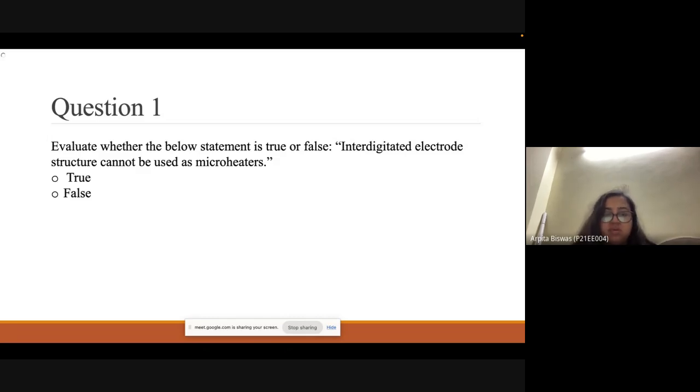Because if you have gone through the lecture, you can see that in the micro heater structure, if there are two terminals, there is a continuous path in between these two terminals. But what happened for the interdigited electrode,